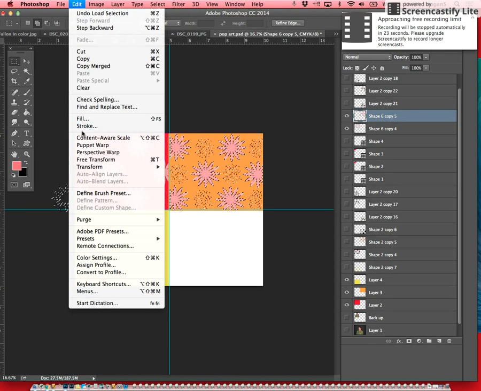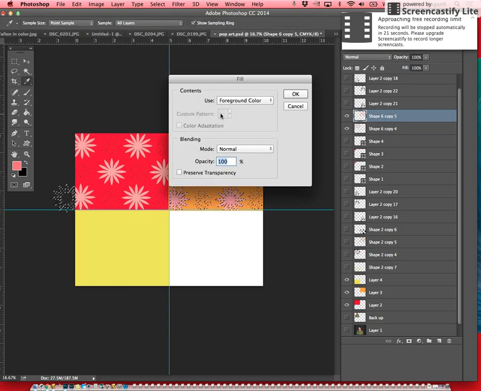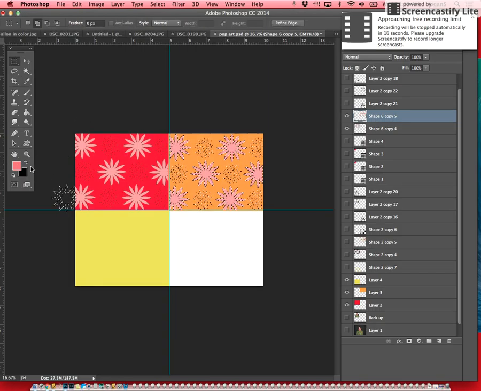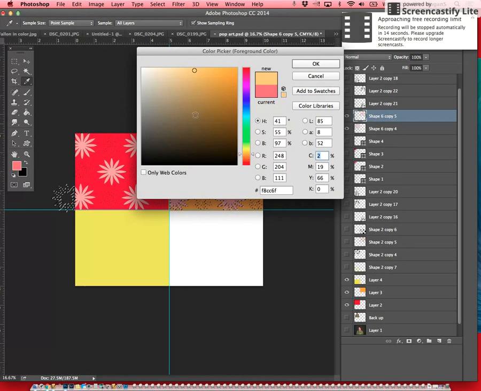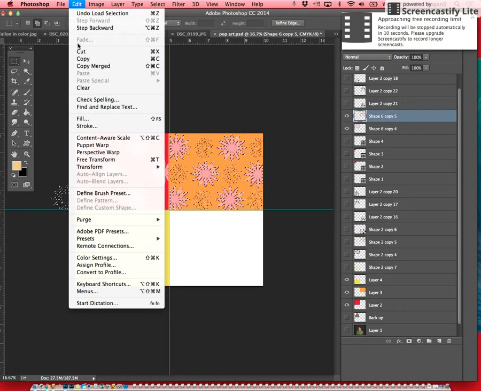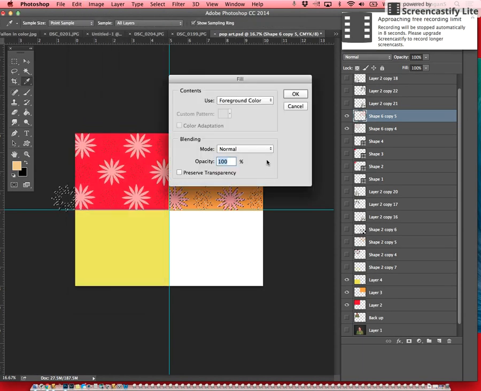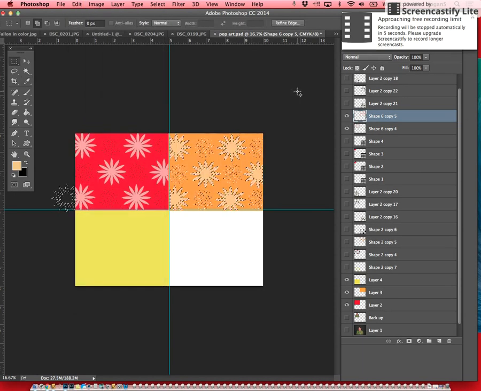Then we're going to go to Edit, and we're going to go to Fill, and you want to choose your color first. So I'm going to choose a lighter orange, hit OK, and then I'm going to go to Edit, and go to Fill, and I'm going to say foreground color, and I'm going to say OK. And there it is. You can't really